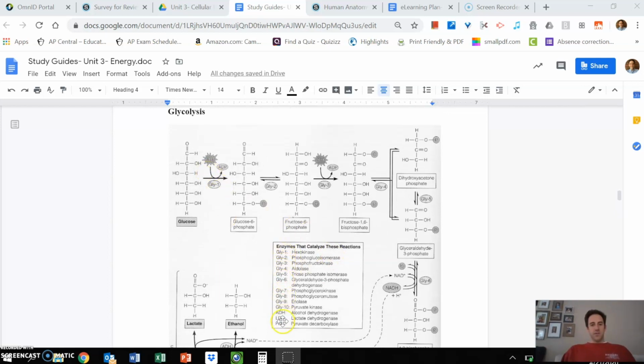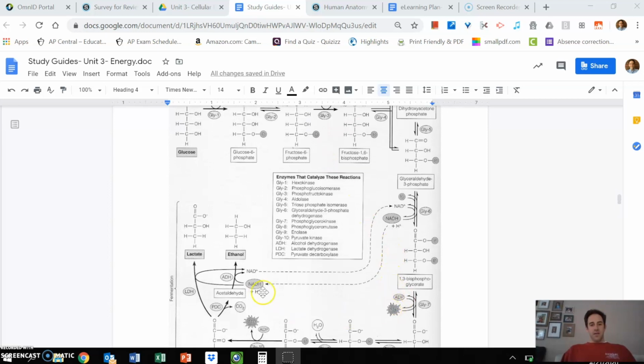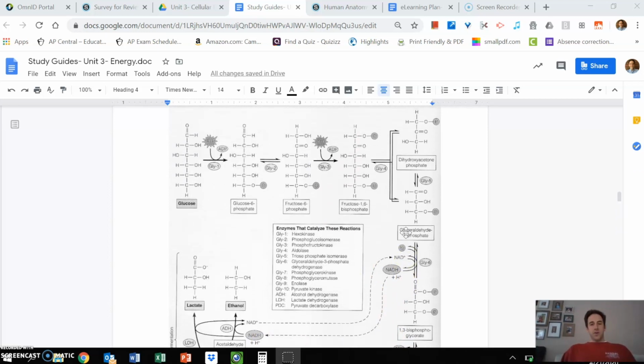The enzymes are listed here. And note that after an initial investment of 2 ATP, you end up getting ATP and NADH out of the deal. So, a reminder on how to account for these numbers: glucose in this early step here is broken